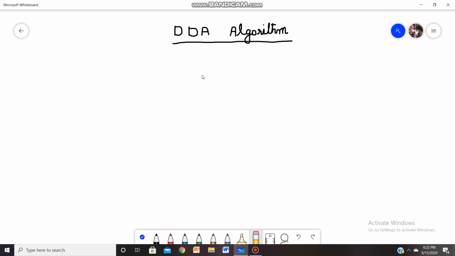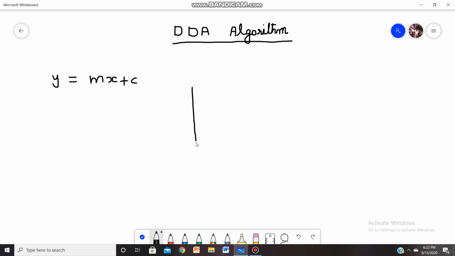The positions are determined using the characteristics of the line. We take the slope-intercept form of a line. The equation in the slope-intercept form of a line is y equals mx plus c. This is the slope-intercept form of the line, where m is the slope and c is known as the y-intercept. What is a y-intercept?